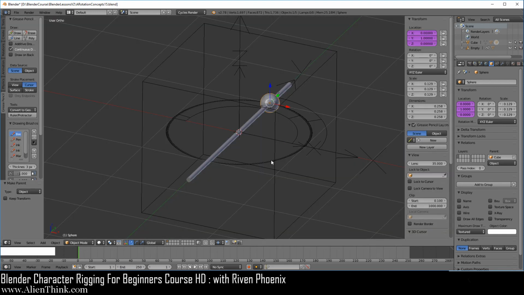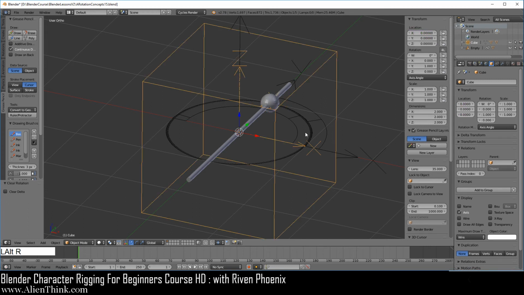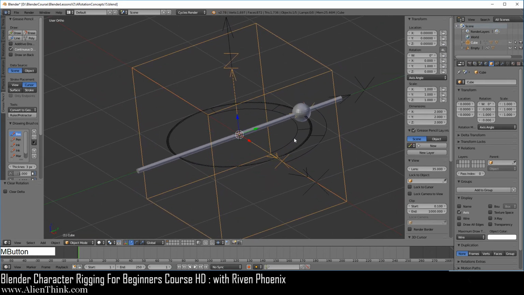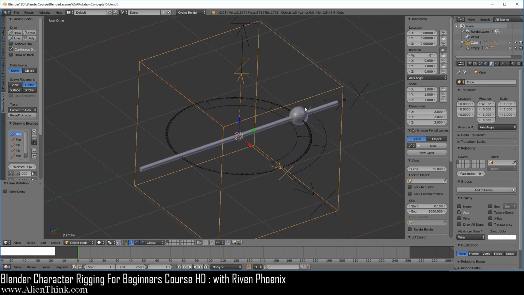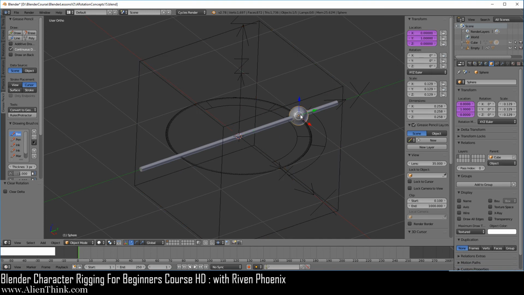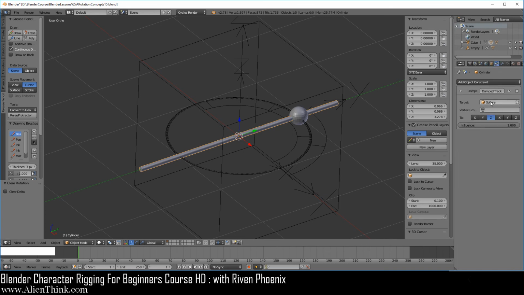Now you will notice that when we click on this cube, do Alt R to reset the rotation, as I've shown you, by default it's going to be set to 1. Notice what's happening to this pole. Because the ball is based on a unit sphere, based on its location, it's on the value of Y on 1. This is why this pole is pointing in this direction, because we still have the constraints on it.